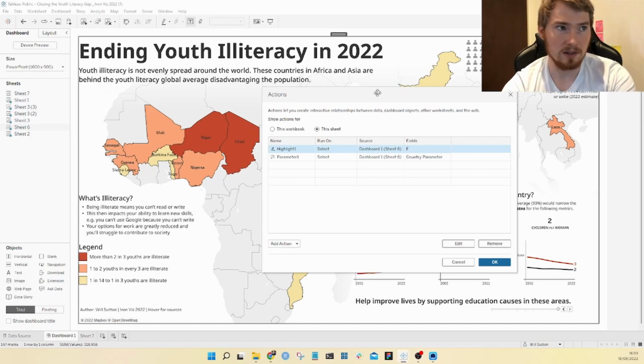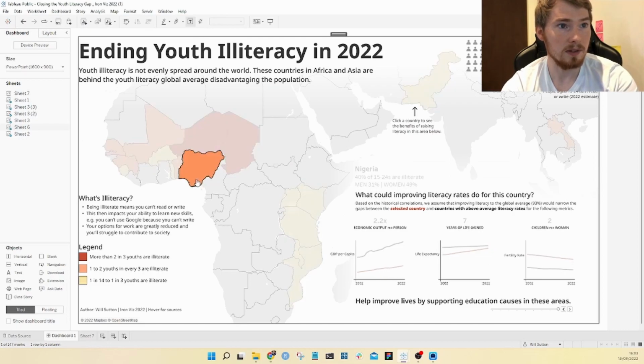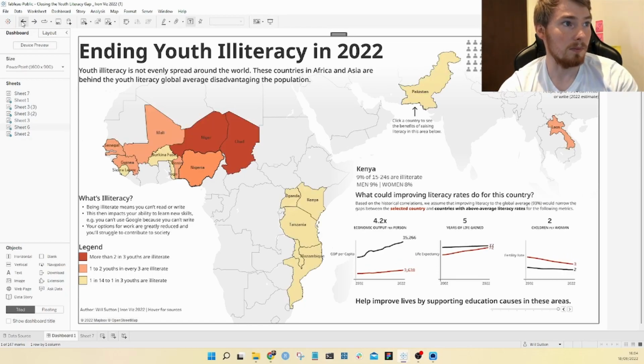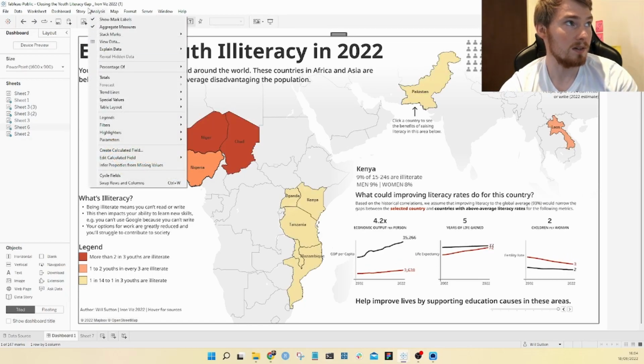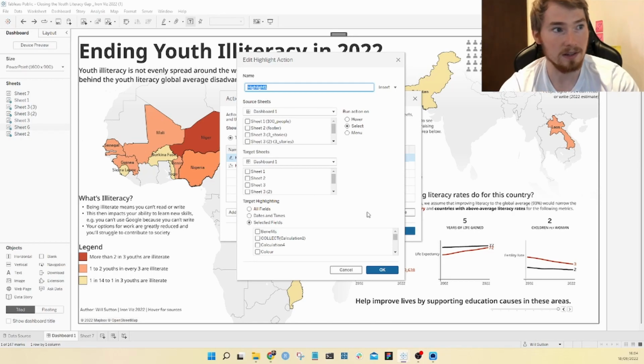The highlight action is to prevent actual highlights happening, and I'll remove it just to show you what happens if it's not there. So I'll remove it and then click OK. If I do that, suddenly everything else is grayed out, which is not very helpful when you're trying to present this data to an audience. So by having this highlight action, you're preventing any highlight from everything else.